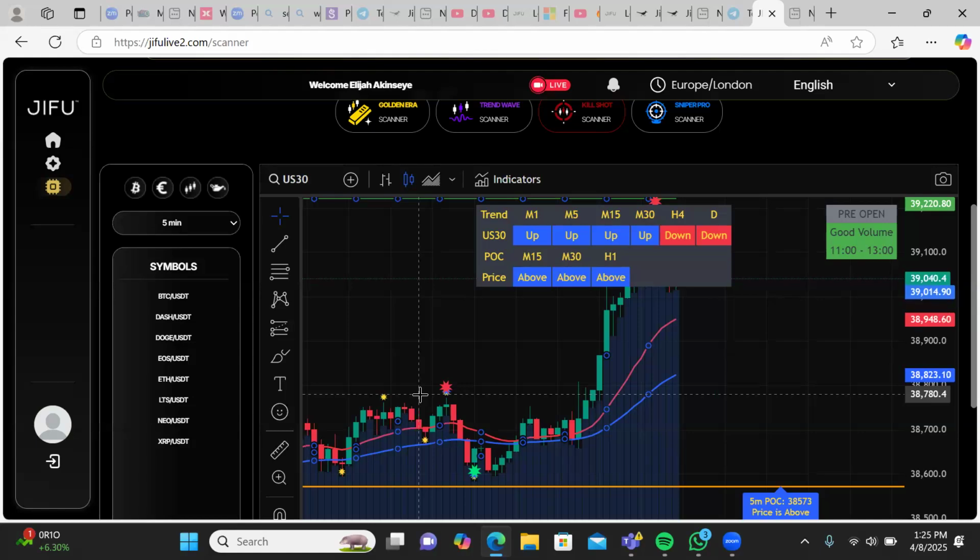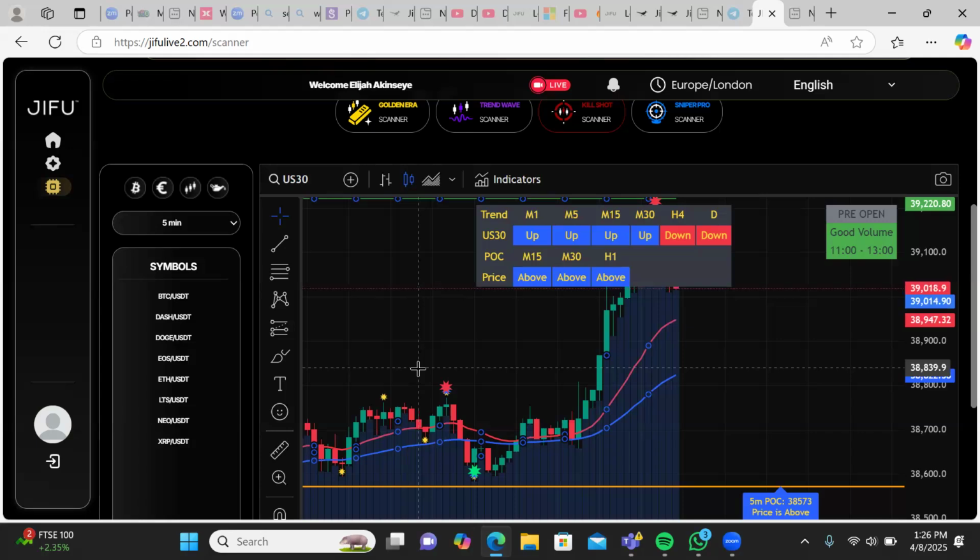Now, what is the trend telling us on 1 minute? It's saying it's up, which is a buy uptrend. 5 minutes is saying up. 15 minutes is telling us up. 30 minutes is telling us up, which is what Trend Wave was saying, right? So now,